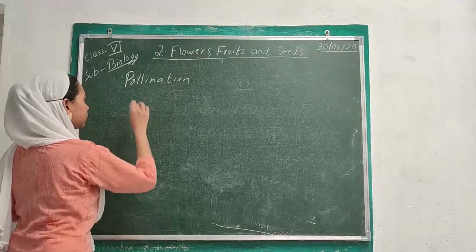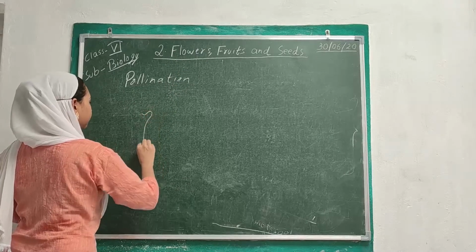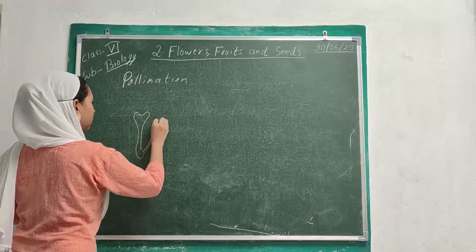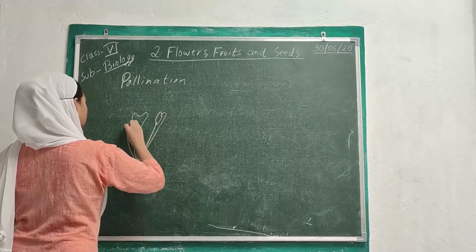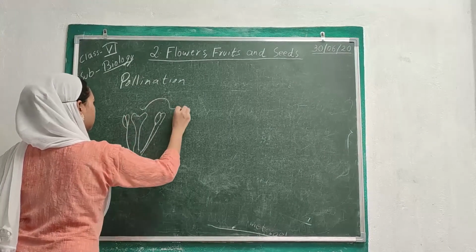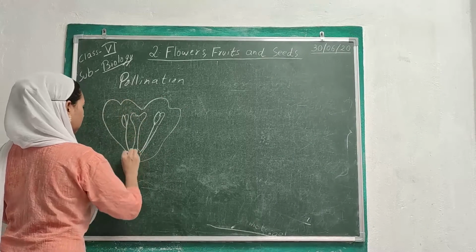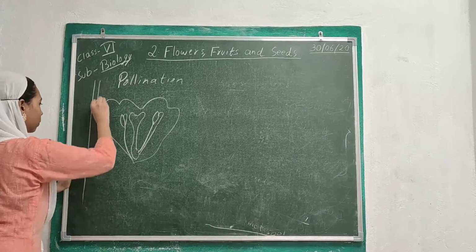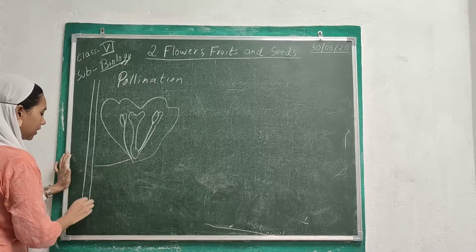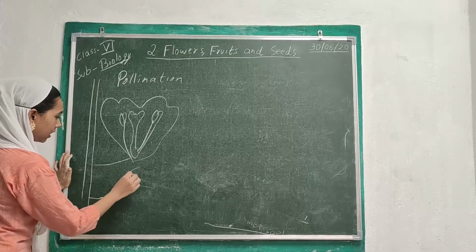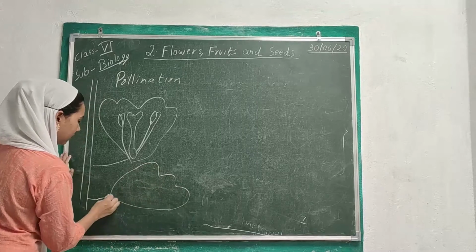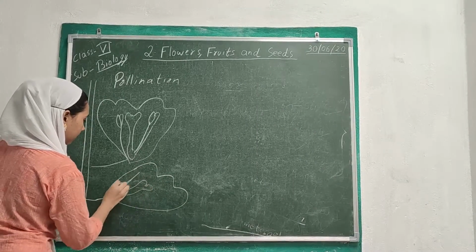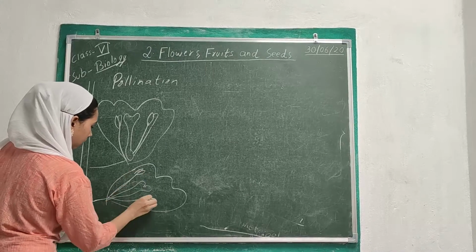Okay, now see, suppose there is a flower here. You have a flower here, you have the stigma, roughly drawing this, you have the anthers here. Fine, suppose this is one flower. I'm not drawing the other parts. This is one flower in one plant. In the same plant, there is again another flower, similar to this. Then there is this stigma, then there are these anthers again.